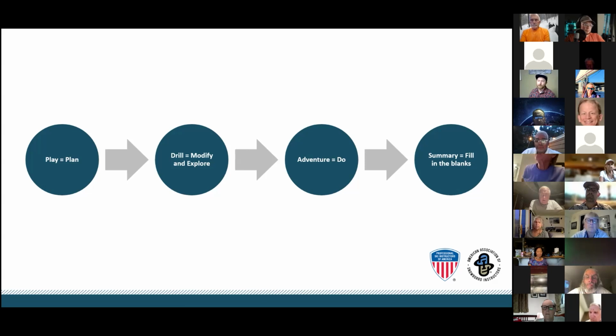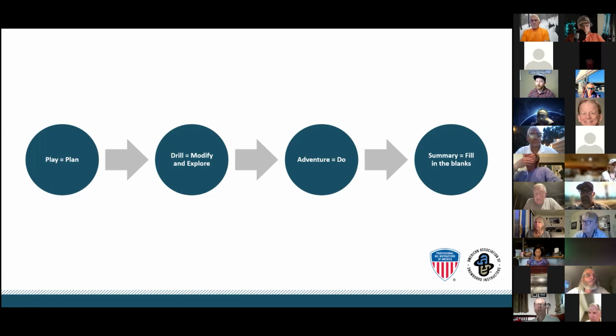And adventure is probably where they're going to experience the most, because in the drill, they might experience something in an isolated environment once or twice. But the adventure is where they do something over and over again and they get the repetition and you keep coming back to the thing you were working on during the drill and you discovered during the play, okay? And as long as you keep reorienting, spinny wheel, and making decisions that bring you back to what you discover along the way, you're going to tailor that to the needs of the student and you're going to build trust, okay?